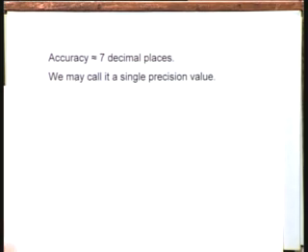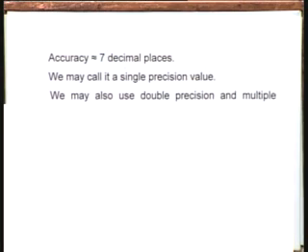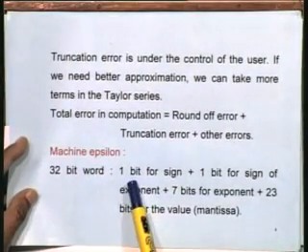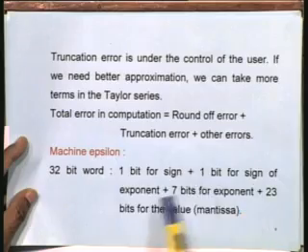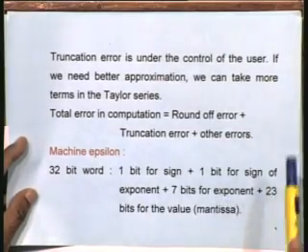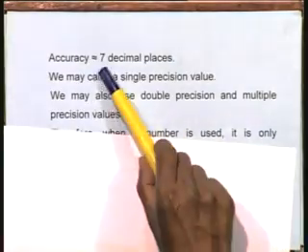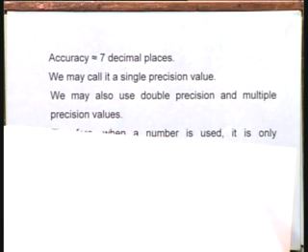If we want more accuracy, then we can define a double precision variable, and then it will be more than double the decimal places, because if I just go back once to this, we are using only 1 bit for sign, 1 bit for the sign of the exponent, and 7 bits for the exponent. Therefore if you go by a 64-bit length, this mantissa length is going to increase. Therefore instead of say 7 decimal places, about 15-16 decimal places of accuracy will be obtained.